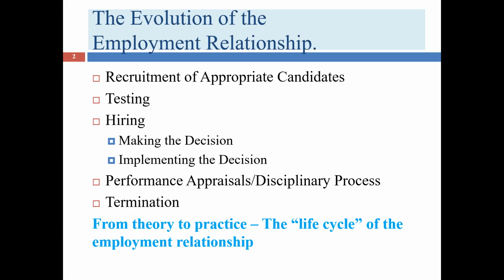This chapter is about the life cycle of the employment relationship. Before we dive too deep into this, I want to remind you of a tension that exists whenever you're writing a book or lecturing or teaching on employment law. There's two models to think about when you're organizing it. One is to organize it by statute. So you have a chapter on Title VII, you have a chapter on the National Labor Relations Act, you have a chapter on the Fair Labor Standards Act, you have a chapter on tort law, and that's one way of doing it.